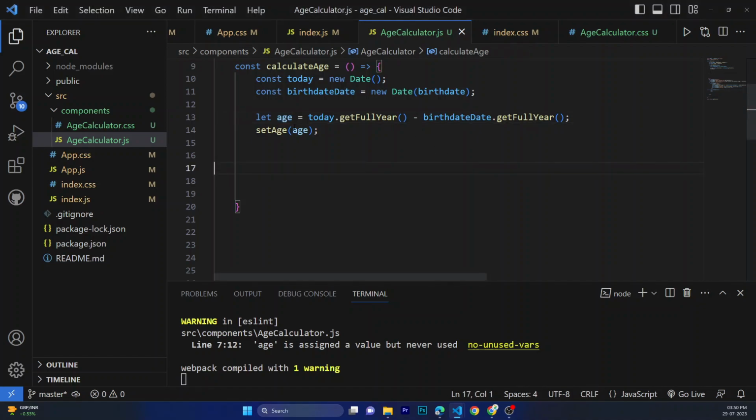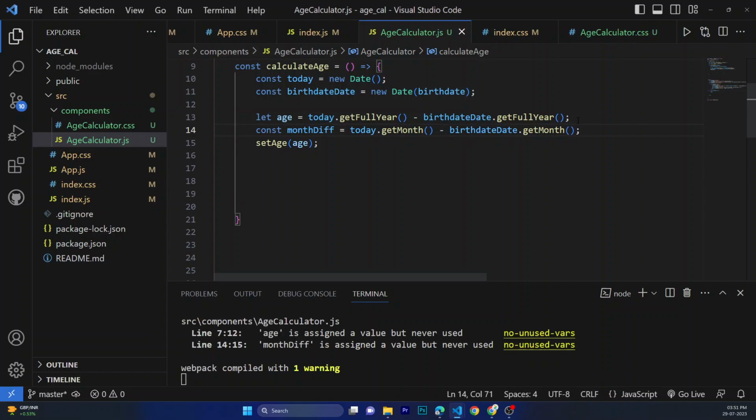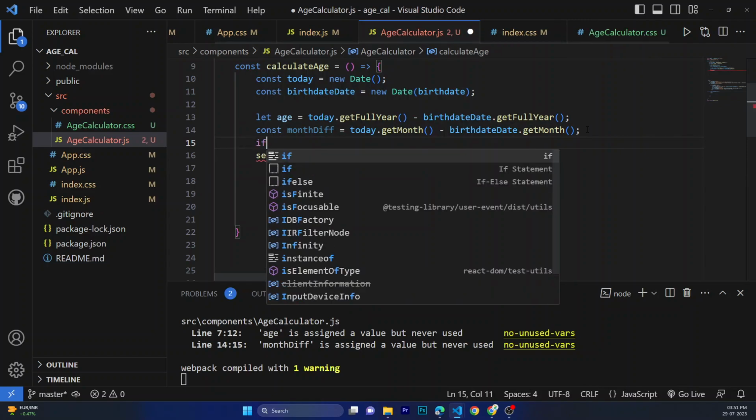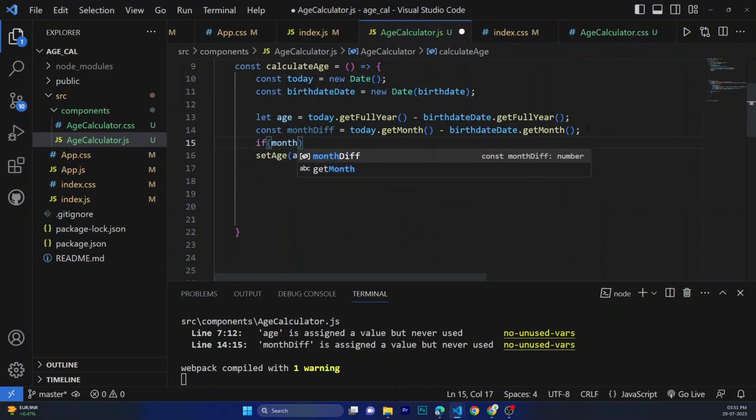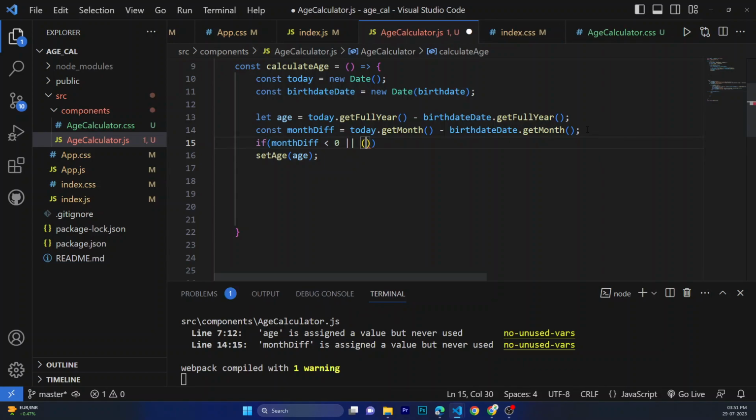So how can we set the values? We have to make a difference for it. How can we write the logic for it? Basically, we have to define a month difference here. Suppose I'm getting the month difference. Let's say if the month difference is smaller than 0, or if the month difference is equal to 0, and